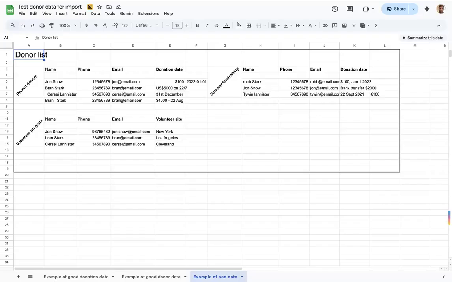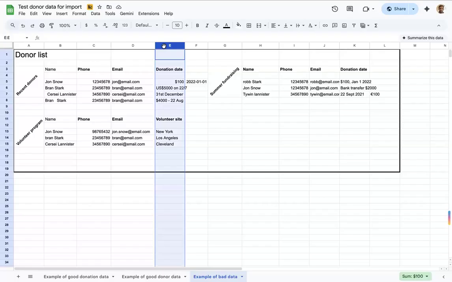Now, your spreadsheet may be something that you've entered in yourself, or something you've downloaded from your bank or different donation processing apps, right? Several of you mentioned that you're using different apps already, and almost every single piece of software I've ever worked with will allow you to download it as an Excel file or as a CSV, as a spreadsheet. Once you've got that spreadsheet, it may look good and may be easy to work with, but it may not be that easy for a different software like Monday to interpret. For example,